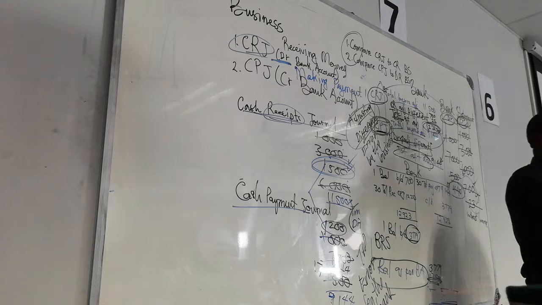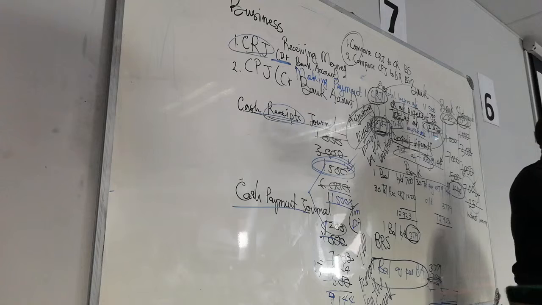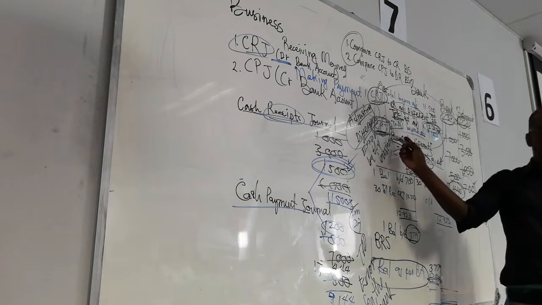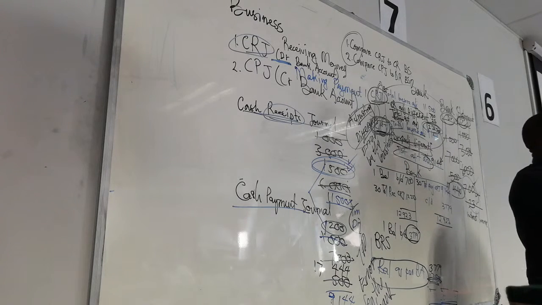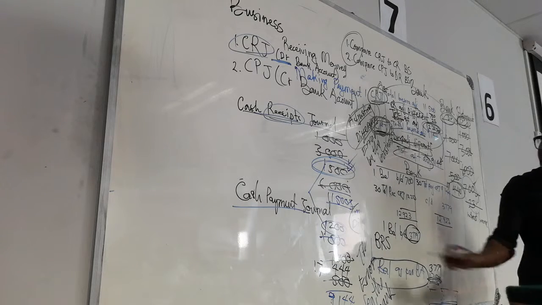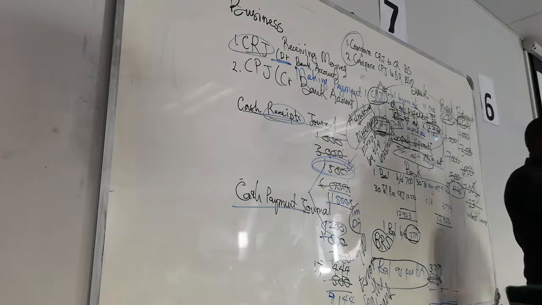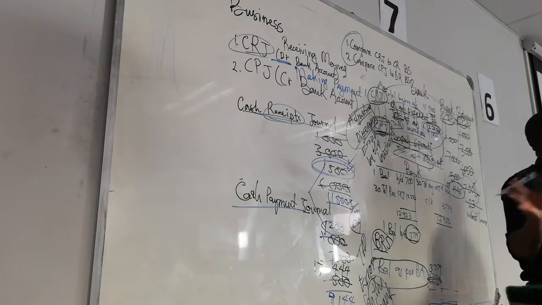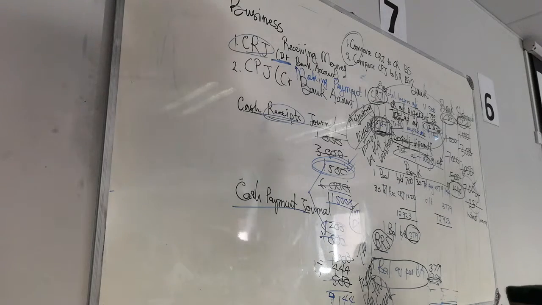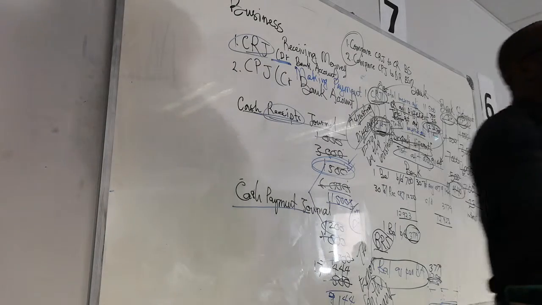There, you were able to make these two comparisons, and you found adjusting differences. Every time you found an adjusting difference, you recorded it in CRJ or CPJ. Every time you realize that the business made an error, you corrected that error in CRJ or CPJ. Are we together? Every time you found a timing difference, you processed that timing difference accordingly in our bank reconciliation statement. Every time you found an error made by the bank, you recorded it in the bank reconciliation statement. There, you finished your bank reconciliation statement. As long as you did that, these two totals here should be the same. If they are not the same, you got something wrong.